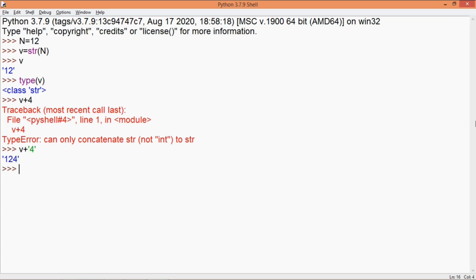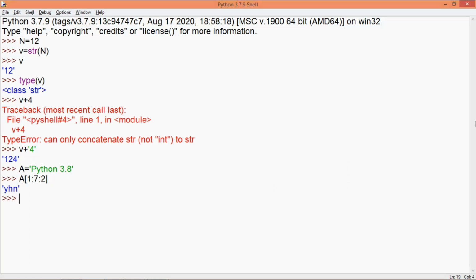Next is the slice function. It is similar to what we did in the previous tutorial, extracting some part of the string. So let's say I create a variable a and I assign the value Python 3.8 to it. Now to extract some characters from variable a, I'll write 1:7:2, which means I am trying to fetch characters from index 1 till index 6 with a step count of 2. So it returns the letters Y, H, and N.